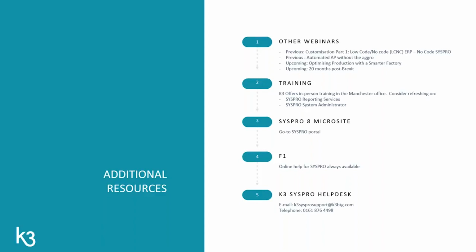Just to wrap up really quickly, some of the other things that you want to look at when it comes to learning more about SYSPRO. There are previous webinars that were available as well, associated with the low code, no code. And we had a webinar around API automation without the aggro. We've got 2 more webinars coming up in the next 2 months, July and August. The first one is optimizing production with the smarter factory. So if you're interested in that, of course, join. If you've got someone that's focused on production, make sure they are looking out for that in